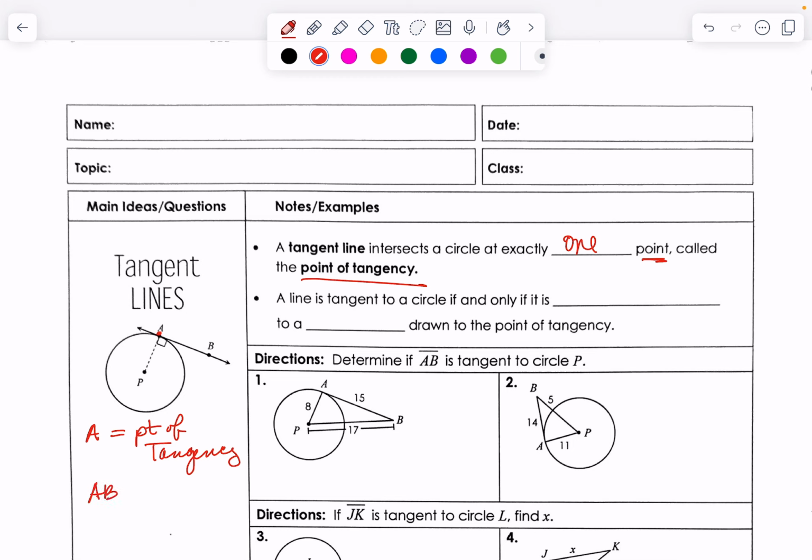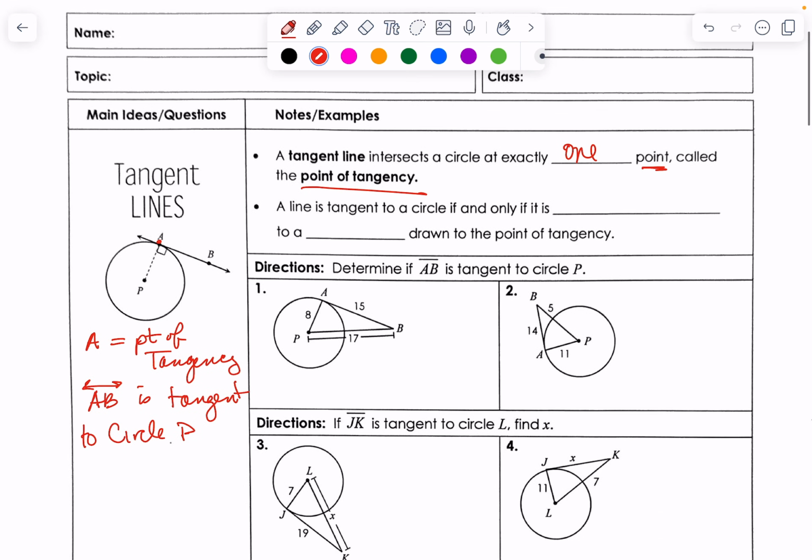and line AB is tangent to circle P at point A. So if it looks like it touches more, if we were to zoom in super close, it wouldn't. A line is tangent to a circle if and only if, meaning this condition must be met, it is